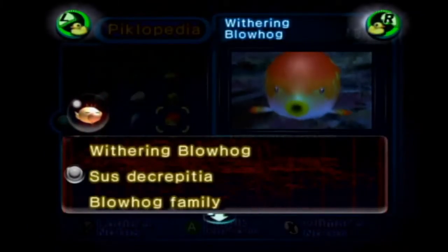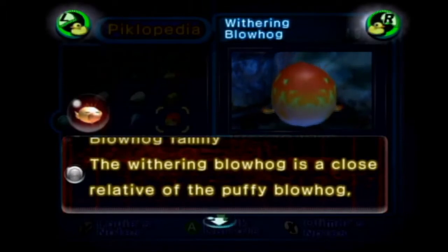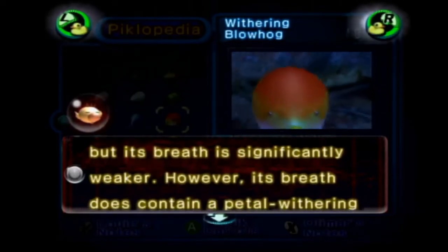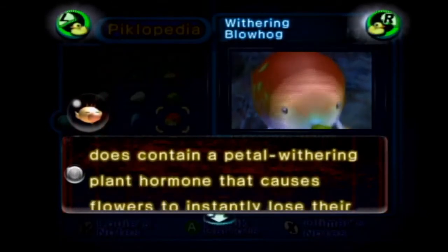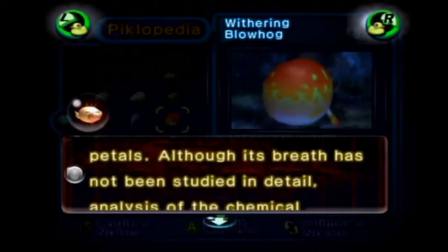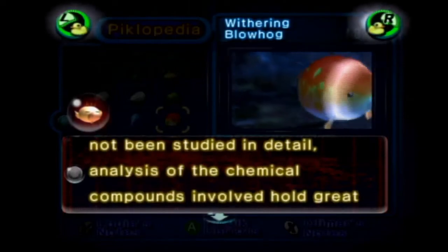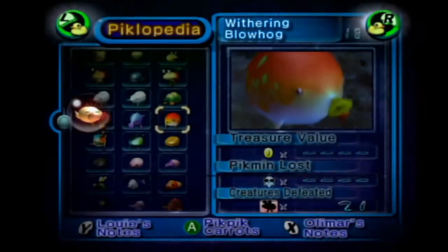Withering Blowhog, Sus decrepittia, Blowhog family. The Withering Blowhog is a close relative of the Puffy Blowhog, but its breath is significantly weaker. However, its breath does contain a petal-withering plant hormone that causes flowers to instantly lose their petals. Although its breath has not been studied in detail, analysis of the chemical compounds involved hold great promise for the